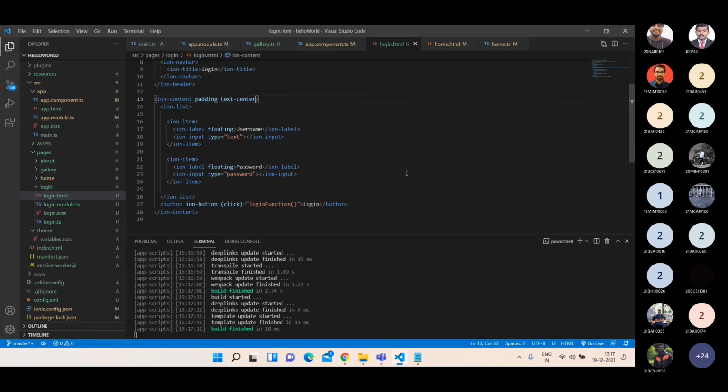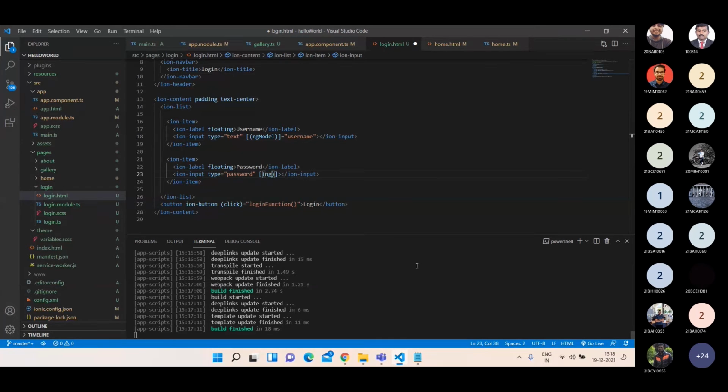So now what you want to do is some validations. Let's say only when the user ID is ABCD and the password is 1234, then only the application should log in. For that, we should create something called ng model. That means the variable name. The ng model is equal to username. I'm just giving that, and here I'm giving ng model.